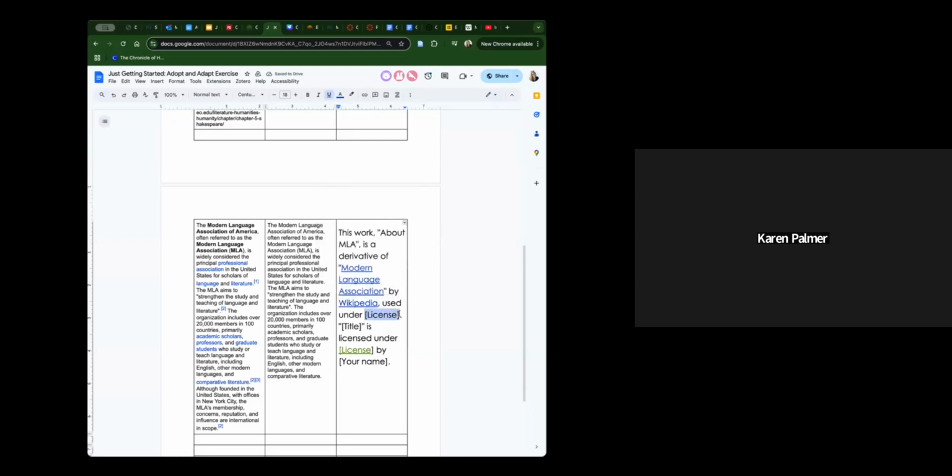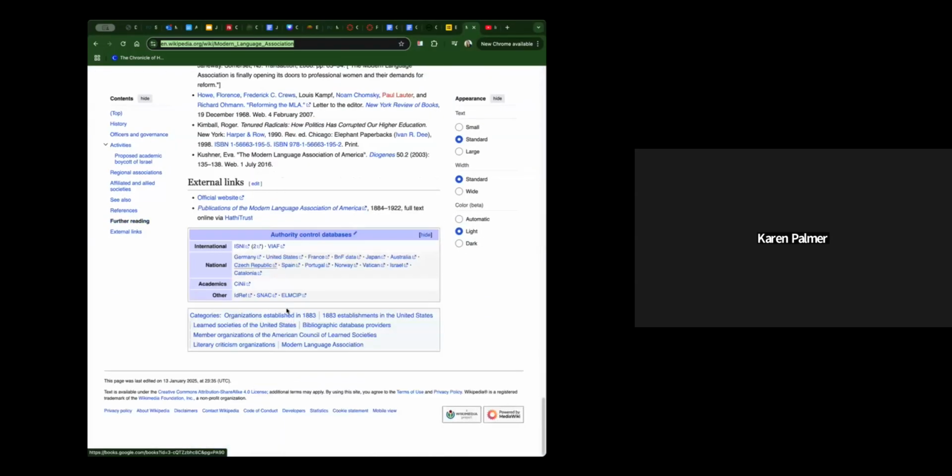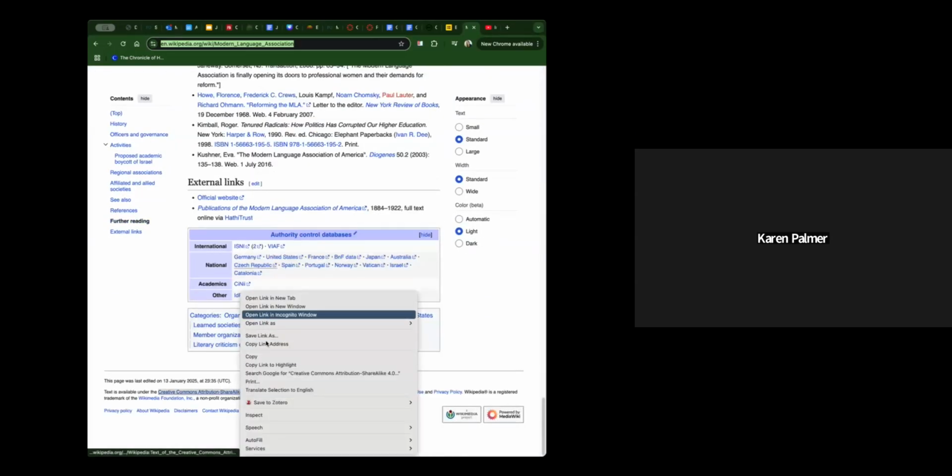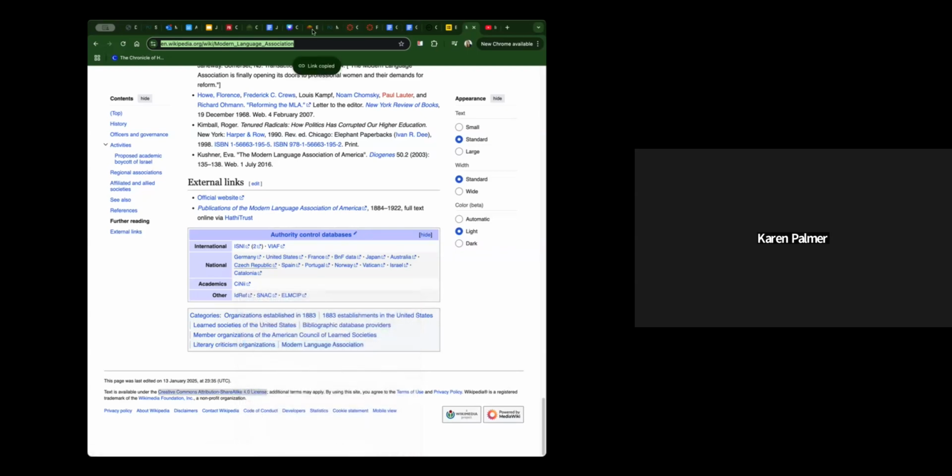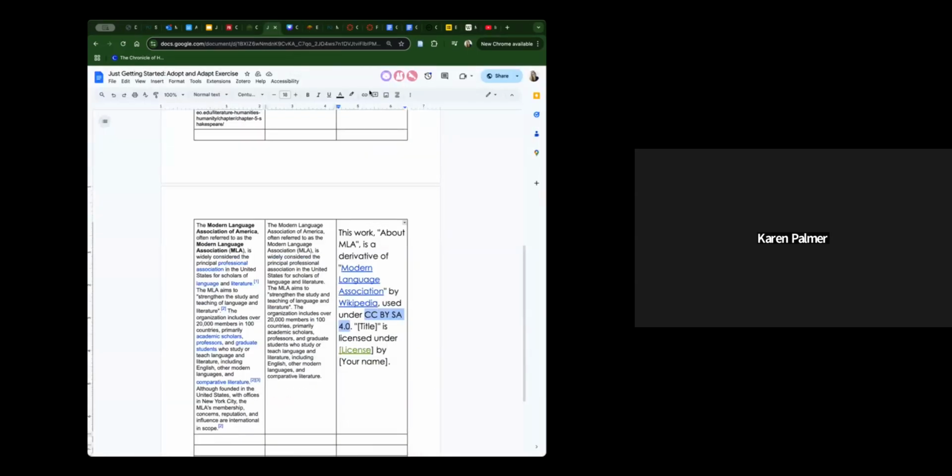And then their license was CC BY-SA 4.0. And I can grab the link directly to that Creative Commons licensing right here and add that in. And then I'm putting in my title again. I'm going to put in that license again. So I'm just going to copy this because